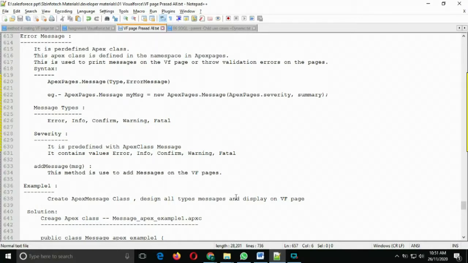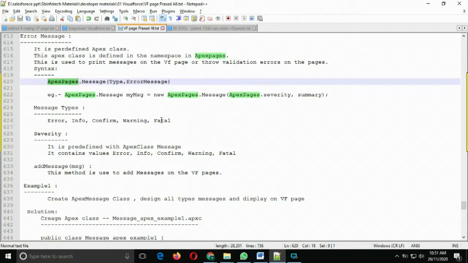Okay, the syntax we have to remember a little bit. The namespace we have used is Apex pages dot message. Type means this is the error type. Generally we handle a maximum of 5 types of error.